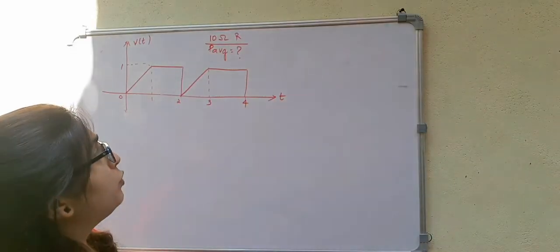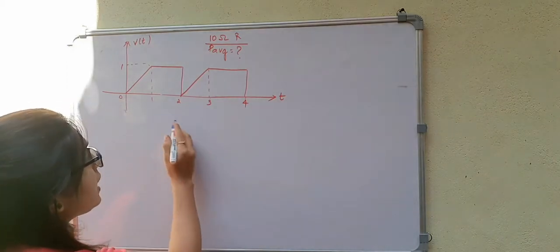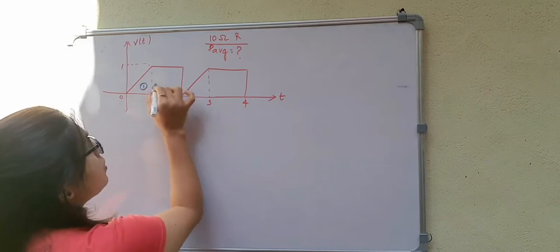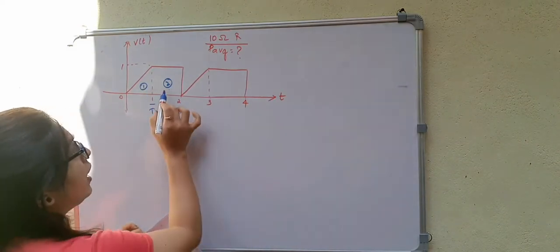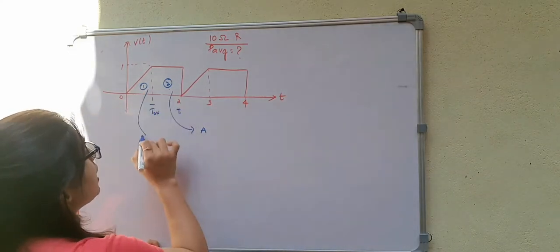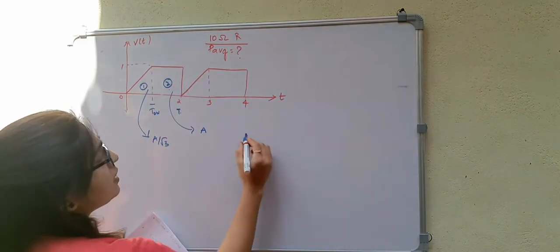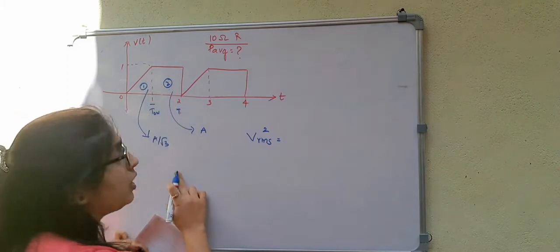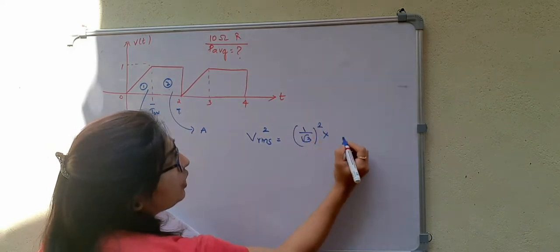In this problem, you have to find the average power which is dissipated in the 10 ohm resistor. So in this case, we can consider this as T on, and here this is T. So this is the first part, this is the second part of the waveform. This is triangular, and here the RMS value will be equal to A by root 3. So if I consider V square RMS, what is the RMS? I said A by root 3. What is the value of A? It is 1. So 1 by root 3 whole square into T on by T.